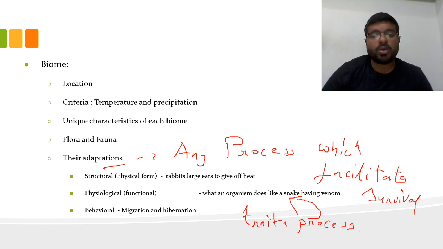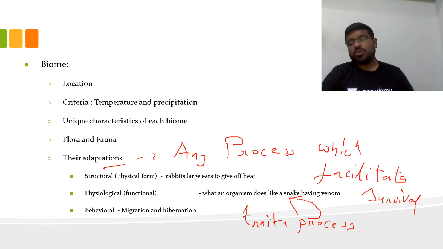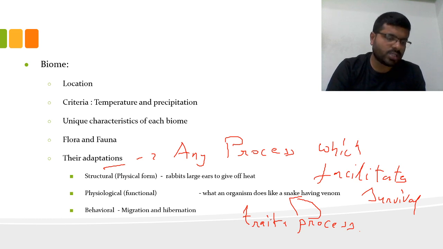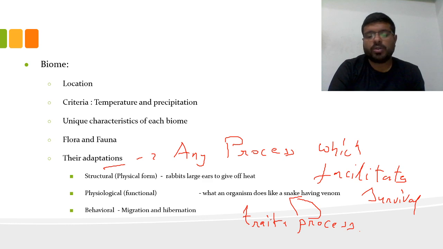What will be the important questions they will be asking? They will be asking questions on criteria of temperature and precipitation, and also questions on adaptations. We will discuss how questions are framed further on. As of now, while we are discussing biomes, we will discuss them in this fashion. For every biome: what is the location and distribution, what is the criteria, because of these criteria how unique conditions are formed, because of these unique conditions what animals and plants can be seen, and how these animals and plants are adapted. This is the motto of our preparation.